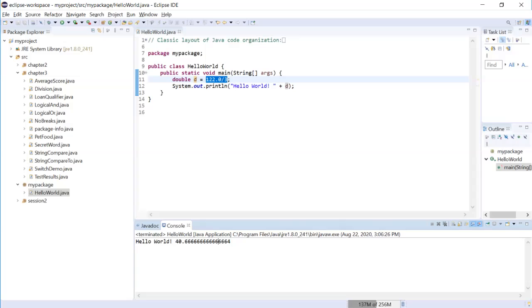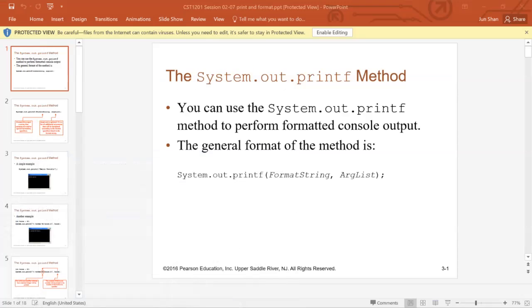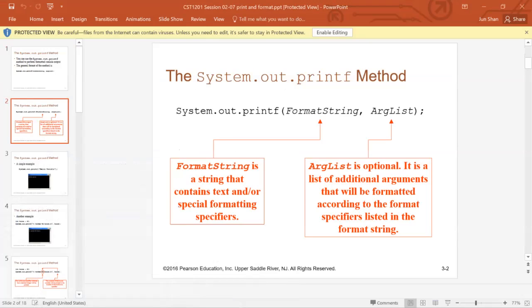15 digits, and I don't think anyone would like to see 15 digits in a printout report or in your bank statement, right? So what Java does is provide this system.out.printf to give you a format string that you can use. The format string is a string that contains text and special formatting specifiers telling Java how the output should look. An argument list is a list of additional arguments that will be formatted according to the format specifiers listed